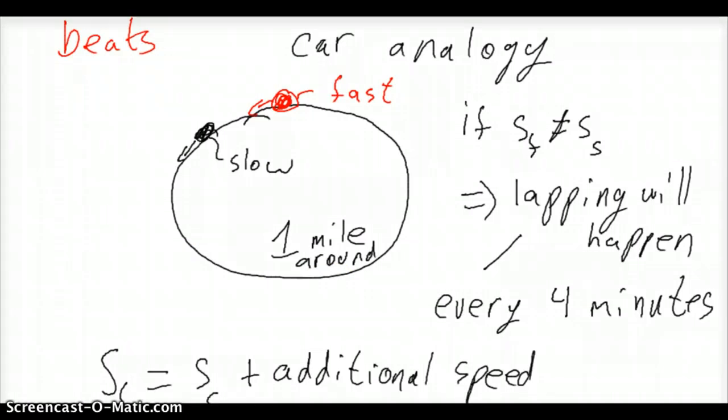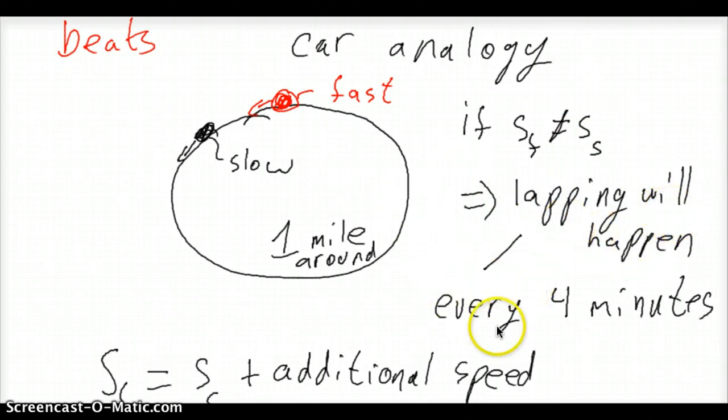Also, when you notice or hear the overlap is happening more frequently, that means that one car is moving pretty fast. And when it's happening very slowly, rarely, then you know that the car is moving pretty slow. So when moving around, the faster car will move exactly 1 lap faster than the slower one, so it will overlap 1 lap. Like how you wrote here, if the speed of frequency does not equal the speed of the sound, then lapping will happen.